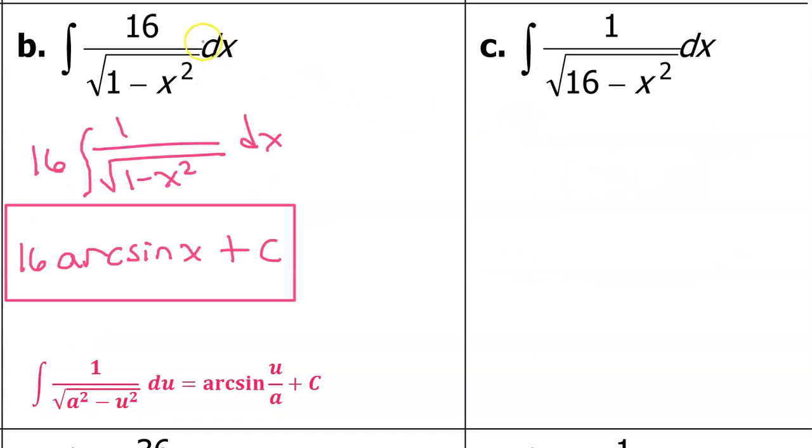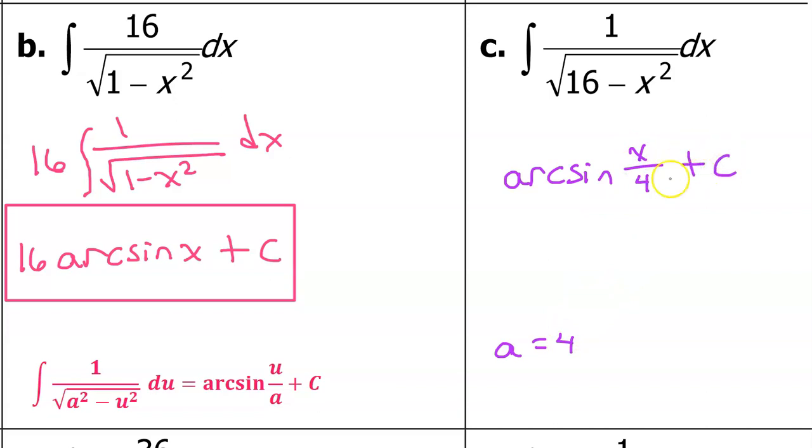In part C, we see that the 16 has now jumped down to become the constant in the denominator. That will make the a value equal 4, because the a value is always the square root of this constant. Other than that, this is still the same situation we were in before. So looking at the rule, there is no 1 over a in front. So we can go ahead and write arc sine, but u over a will now be x over 4